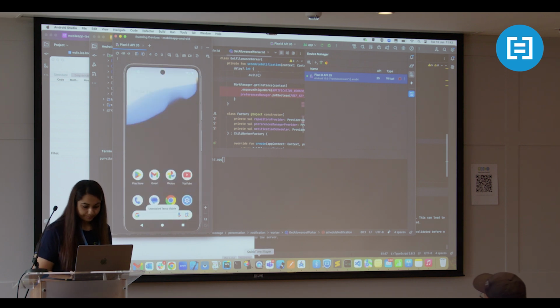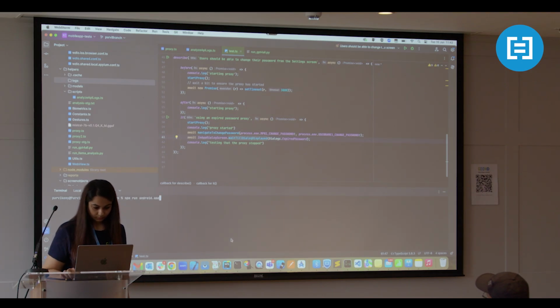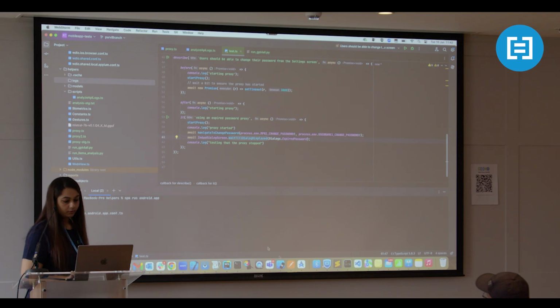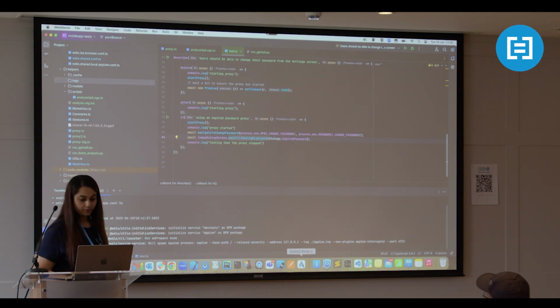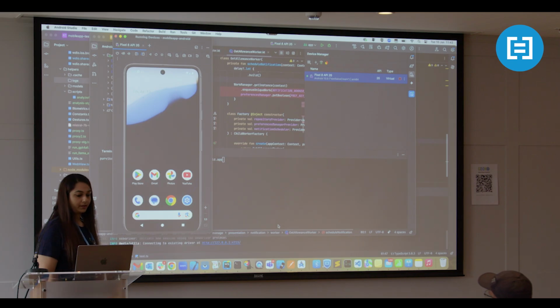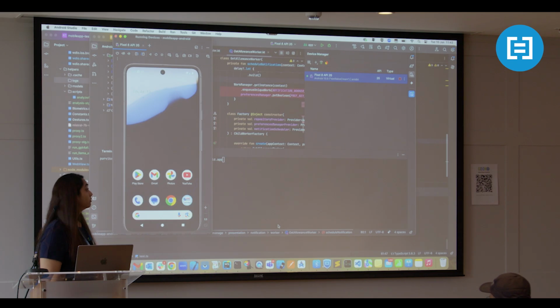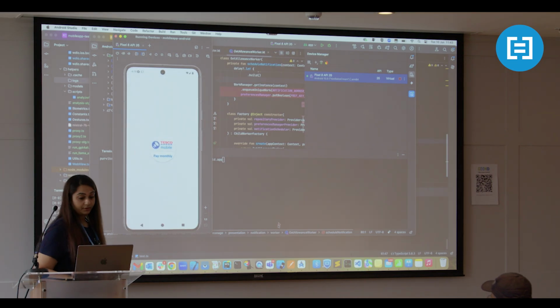And I'll run the automation code. So what this will do is it will install the application, whatever I have done manually, it will do the exact same thing right now. It has installed the application here.